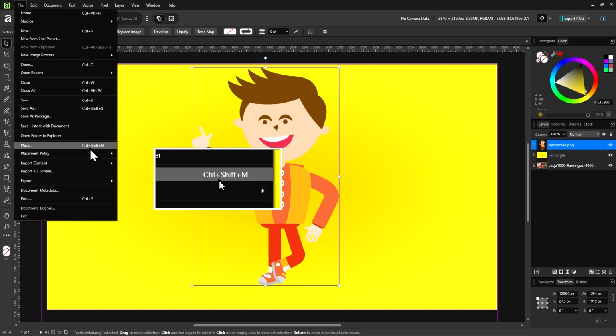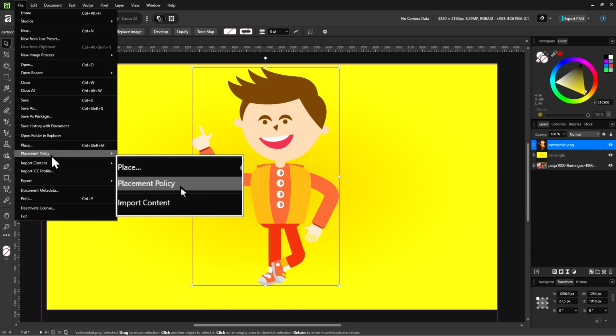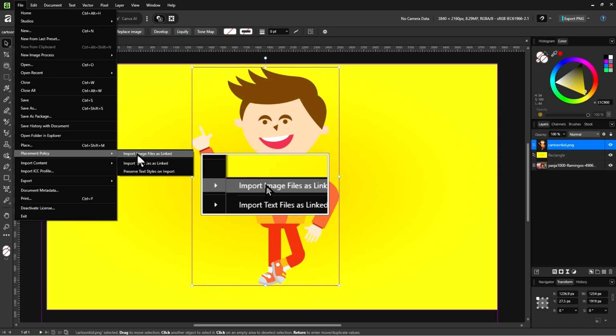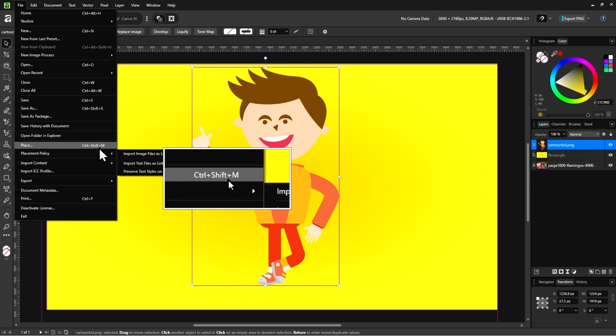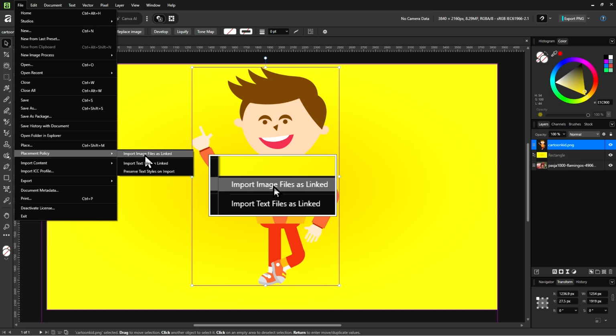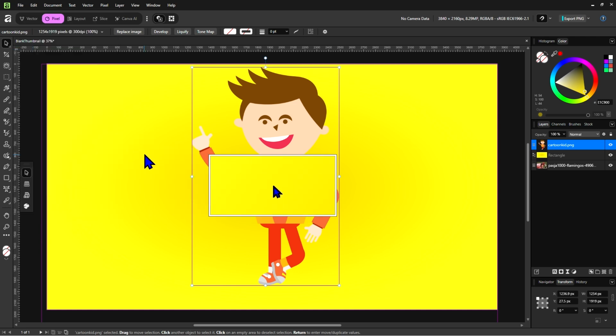But instead of clicking Place right now, what we should do is go into Placement Policy over here, and then Import Image Files as Link. We click on that once, and do note the shortcut for placing, Ctrl+Shift+M, that is a lifesaver. But anyways, turn this on, Import Image Files as Link.